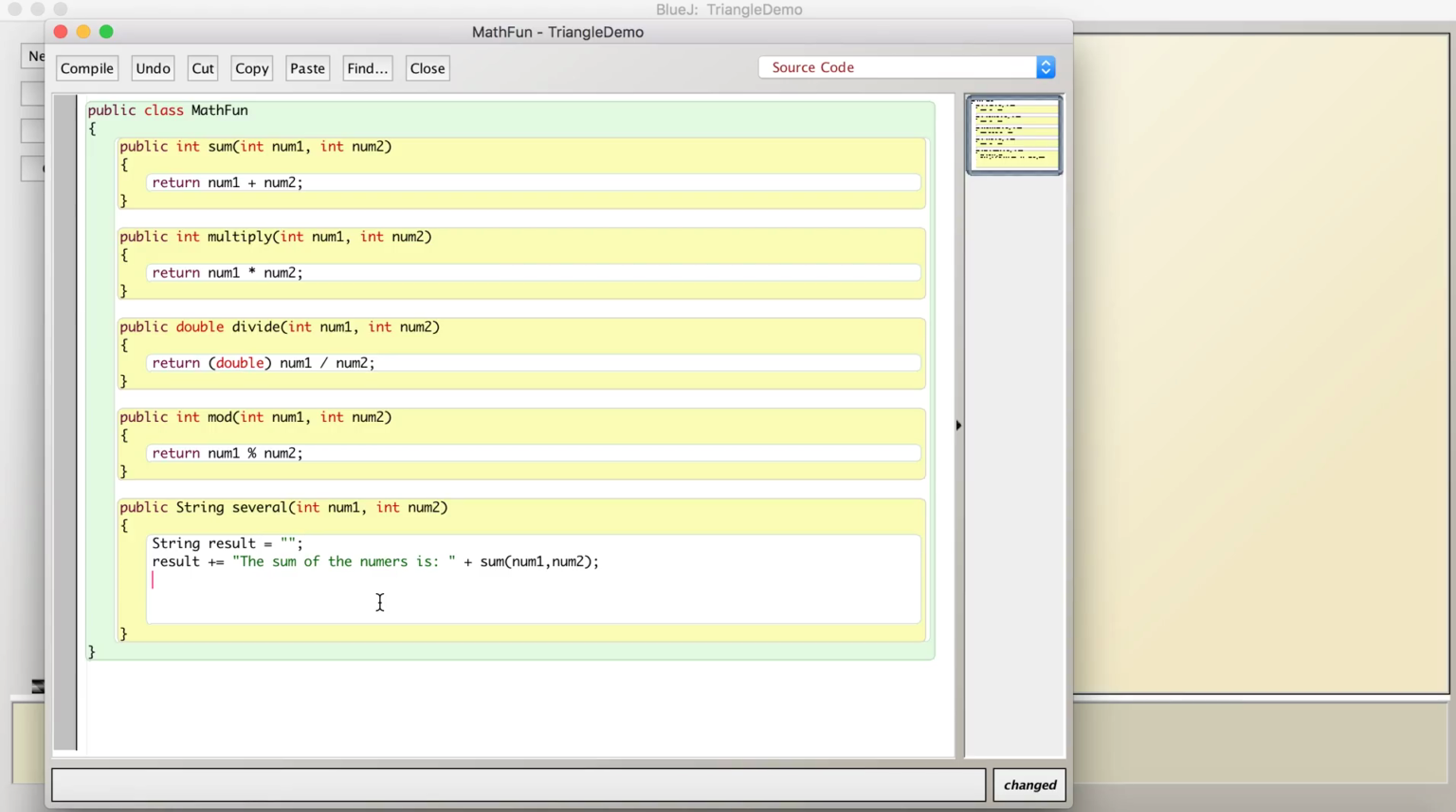I'm going to do one more, and then we're going to run it and see what happens. So now I'm also going to say result, again, plus equals, and I'm going to give myself a new line, backslash n. And then I'm going to say "the product of the numbers". Oh, and I just realized I'm spelling numbers wrong. How sad is that? "Product of the numbers is"